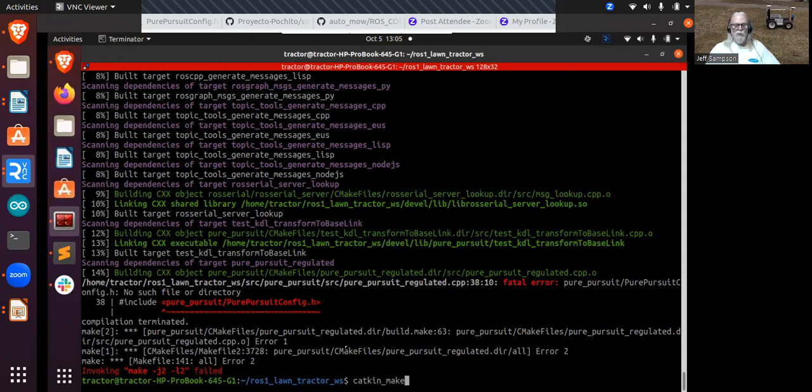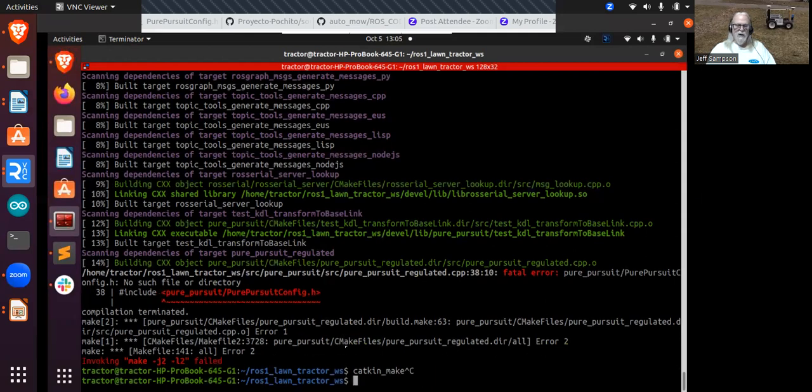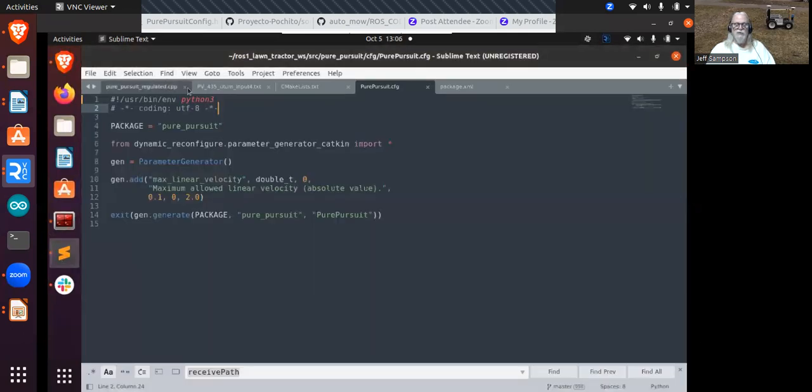The other problem I had, this is one of the things where it came back to bite me, because I was trying to look in pure pursuit config H, and the fact that they'd renamed their program Dragoon pure pursuit. I tried changing that and working around it, and finally I just gave up and changed everything back to just the name of pure pursuit. So for some reason it looks like it's saying your C++ program cannot find this because it didn't get copied. So it could be up above where it's actually running that Python program. Maybe it put out some errors saying couldn't start Python or